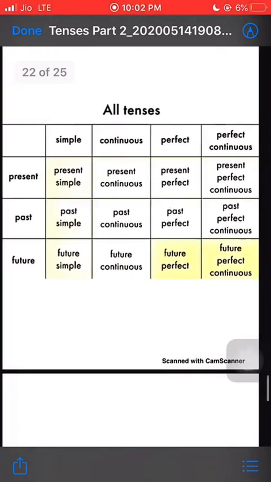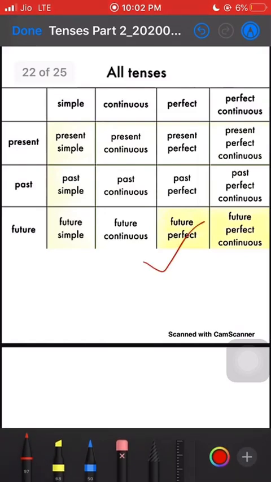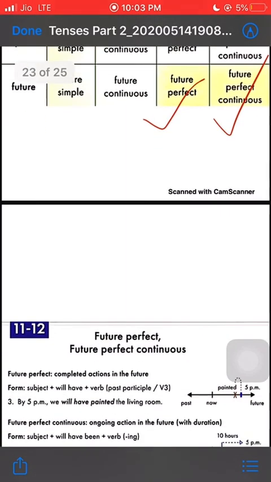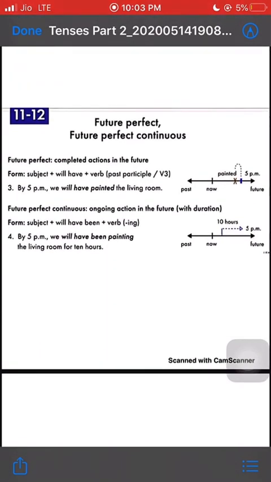Moving further, the last two tenses we will cover simultaneously, which are future perfect and future perfect continuous. So, to understand the future perfect,